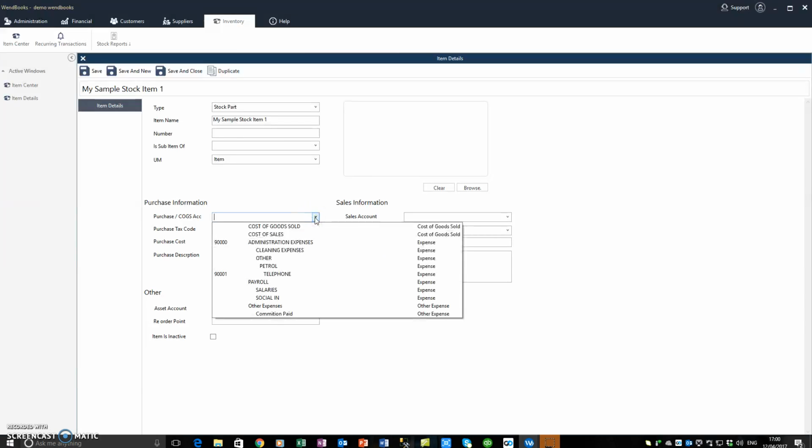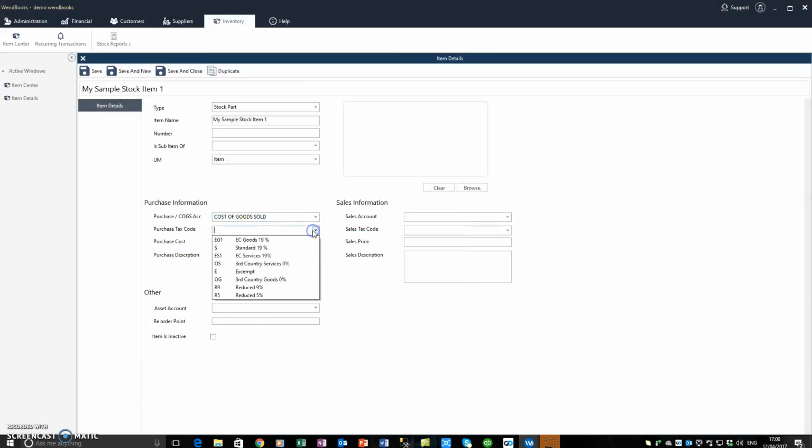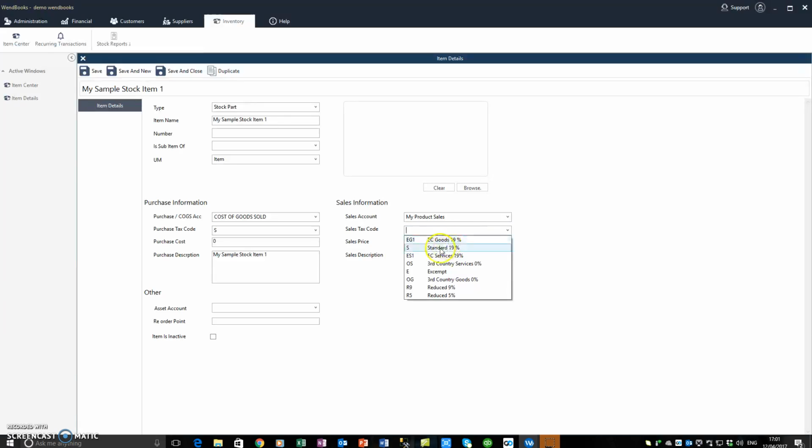For example, the cost of goods sold account, the purchase tax code, the default purchase cost. If you don't know it, just enter 0. A purchase description, then you move to sales information, default sales tax code, default sales price. If you don't have one, just put 0 or enter a default sales price,